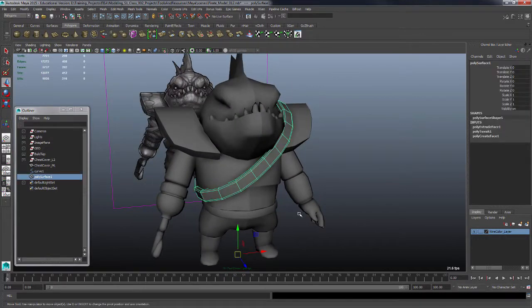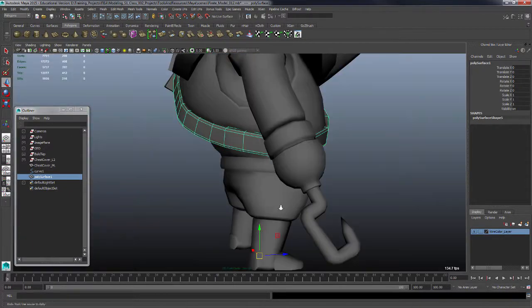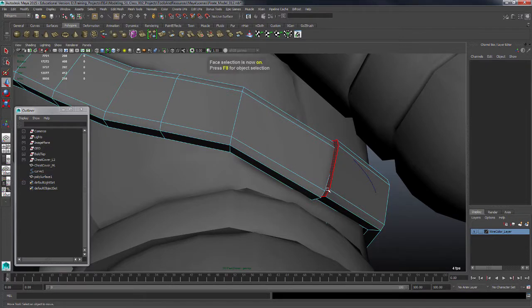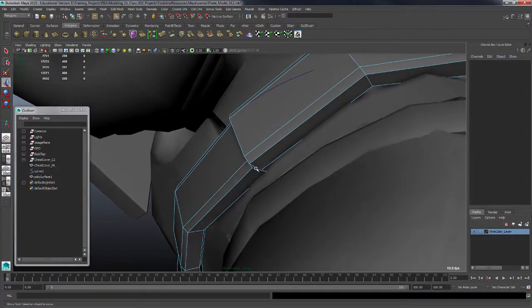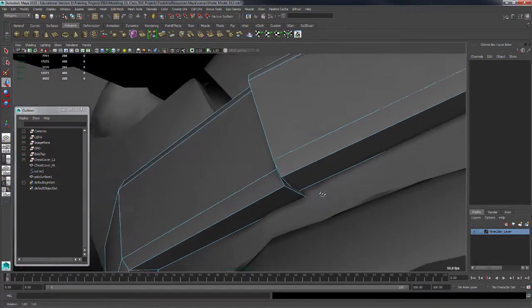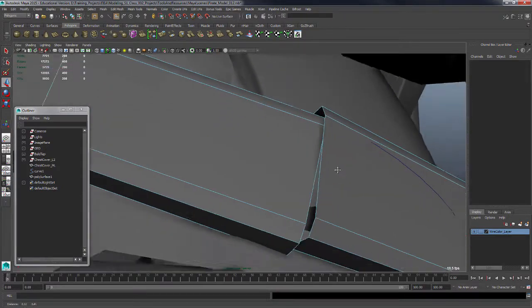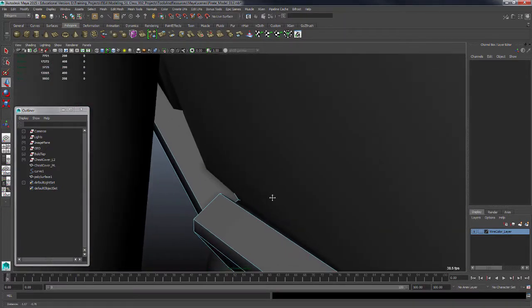So let's delete the history on it. We're going to hit Alt-Shift-D to delete history. And now we don't need this face here. So select F11, select the face here, and we'll select this face here. And now we need to sew these points up together. So let's tap